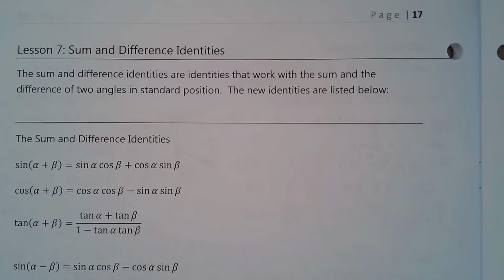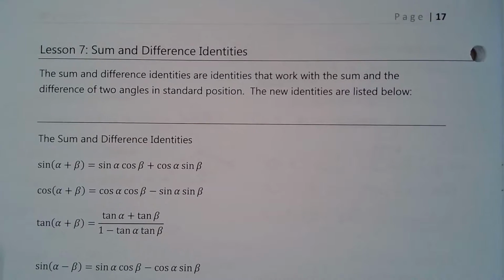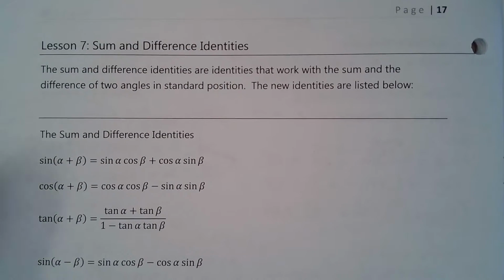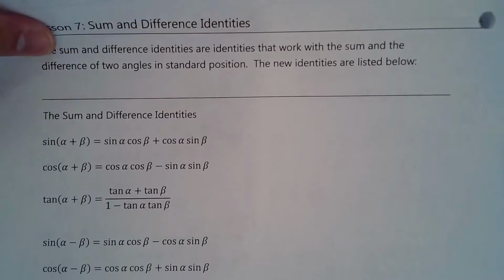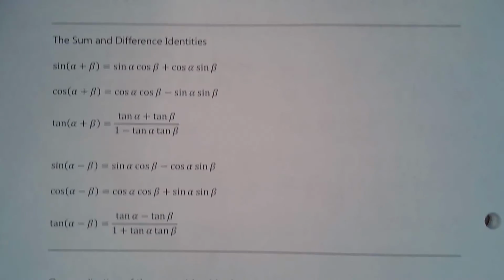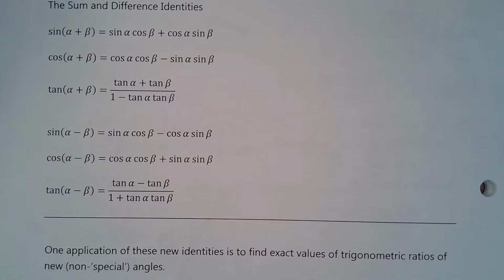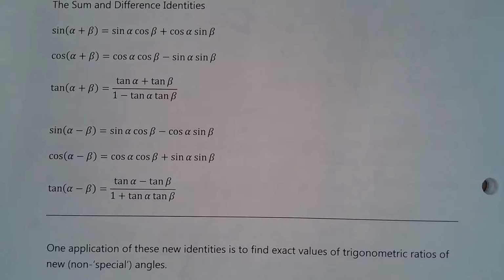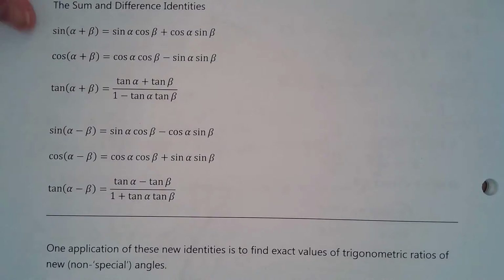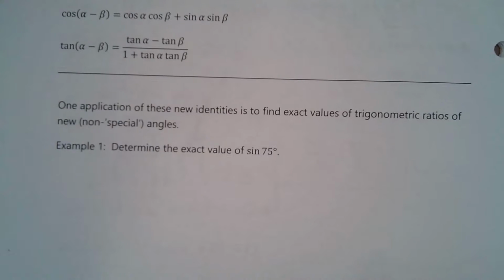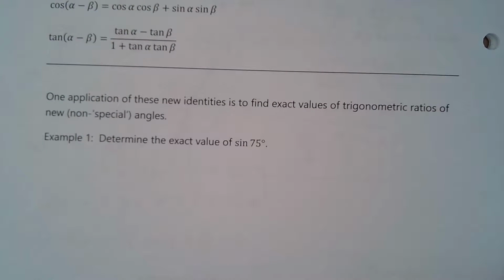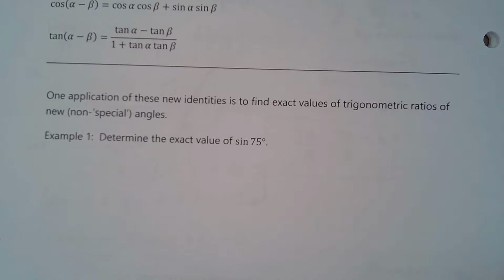So in this particular case, we are now on lesson 7, which is sum and difference identities. So we discussed these identities, okay? I want to emphasize that we are not memorizing them. We are going to use them, but not memorize them. Now it says here, one of the applications for these new identities is to find exact values of